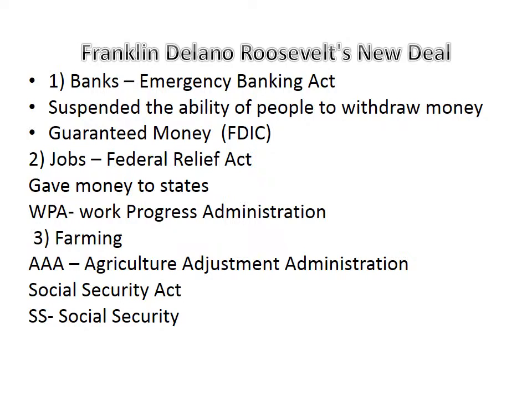Of course, he's going to start trying to provide jobs for people. And remember, Hoover's idea was that it's not the government's place to create jobs, right? He didn't want to create a welfare state. FDR is not afraid to give money from the federal government to the states to create jobs. He's going to create the WPA. The TVA, the Tennessee Valley Authority, is going to go into Tennessee and start putting up lighting in rural areas. They're going to work on bridges and roads and maintenance for part of the United States